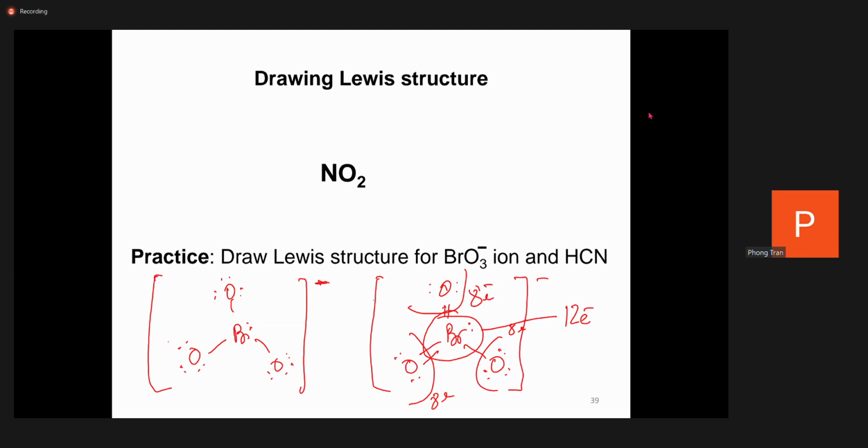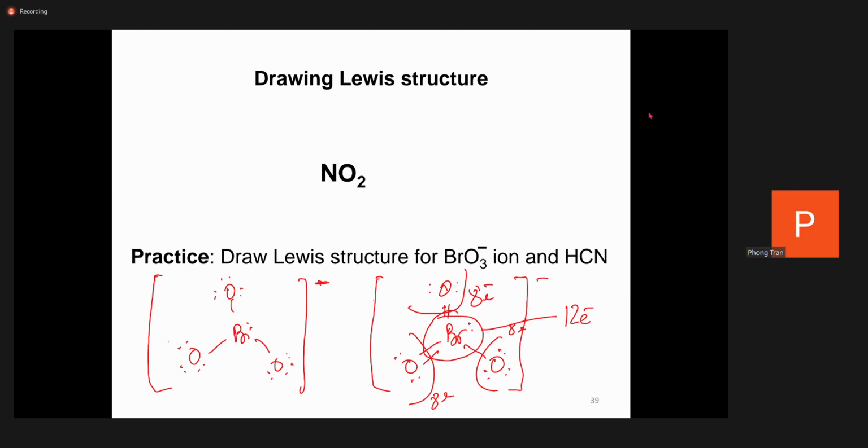And in the case you have more than 2 structures which have the same possibility to satisfy all the atoms with electrons, then we need to consider which one is more likely by using the formal charge. But if one structure provides an atom with more than 8 electrons, then we need to consider it a little bit later. The case of bromide is quite sensitive if you want, because bromide is in the